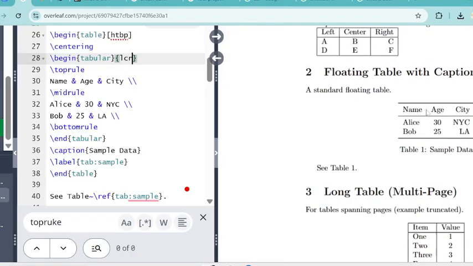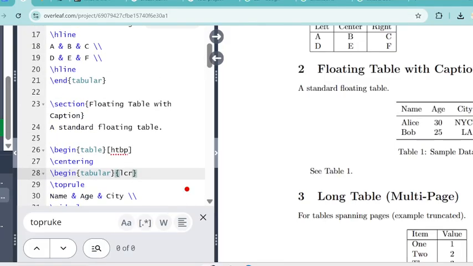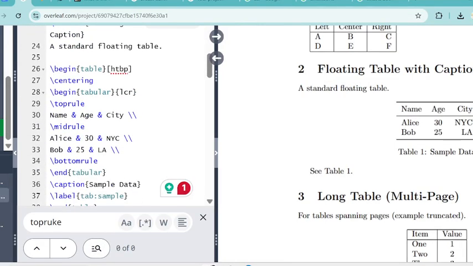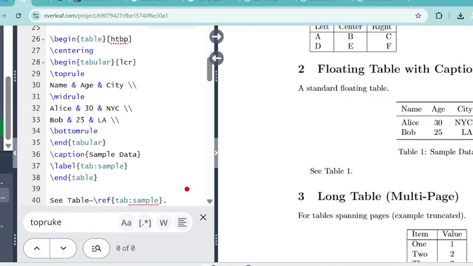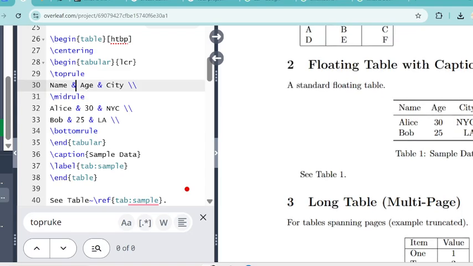Now what happens is that you are not using the H line, the horizontal line, right? Now you are using the top rule. This particular line is actually called the top rule, this is called the middle rule, and this is called the bottom rule, right? So it's a cleaner way to define these particular lines, and these tables are pretty famous